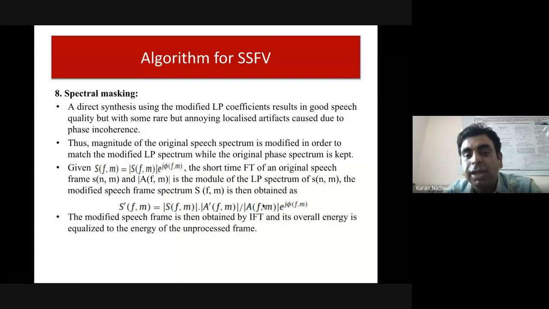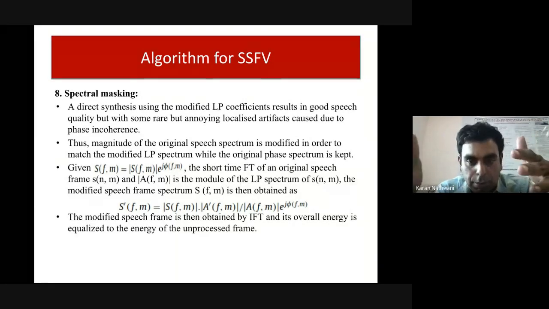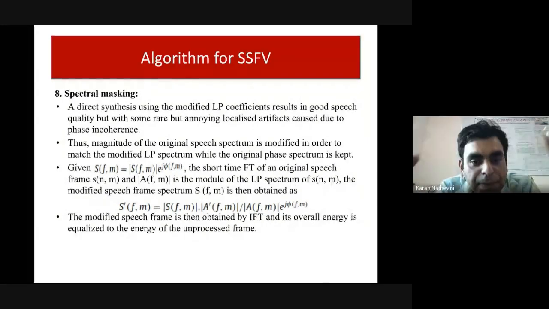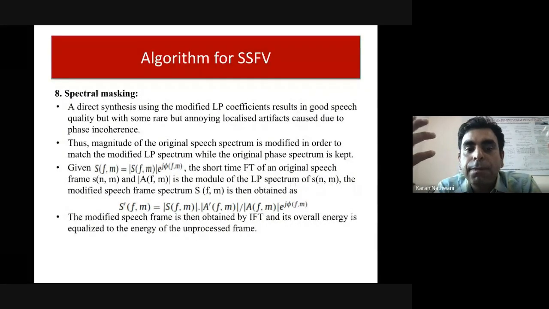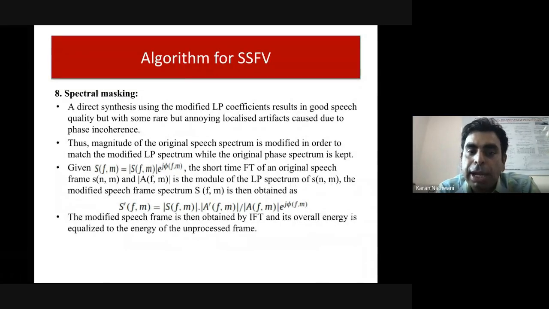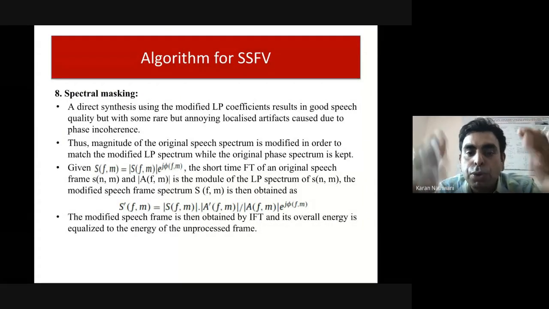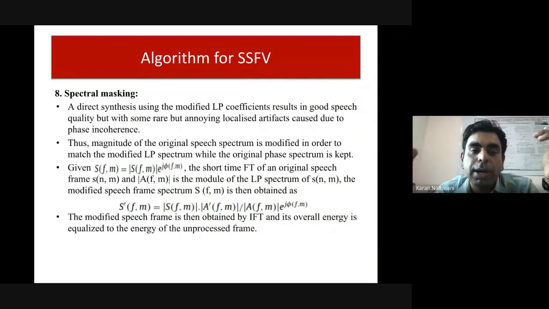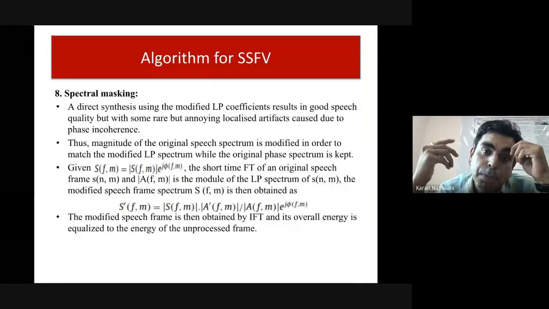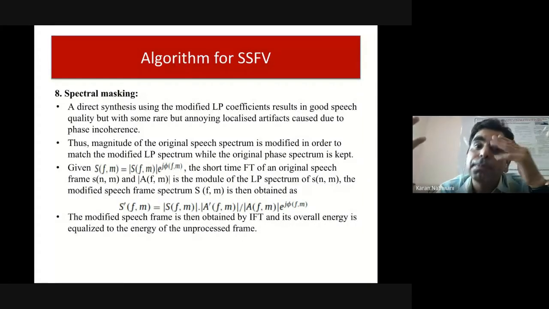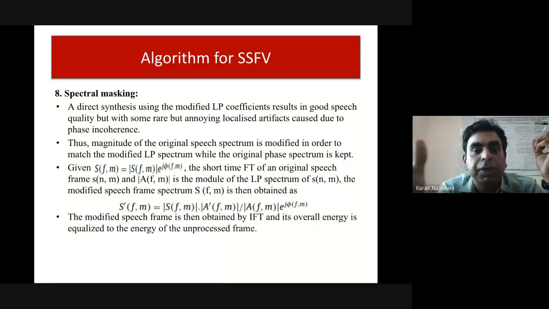And the reason is, when you do not do this, believe me, you will have a lot of artifacts, and that will be very, very annoying, as I already told, and it may cause reduction in the intelligibility. And for the hearing impaired, they already have some bands not working. If you do not do this, they may end up with a lot of intelligibility loss, and it may be more irritating, and their mental health may be affected. So that is what the hypothesis is.